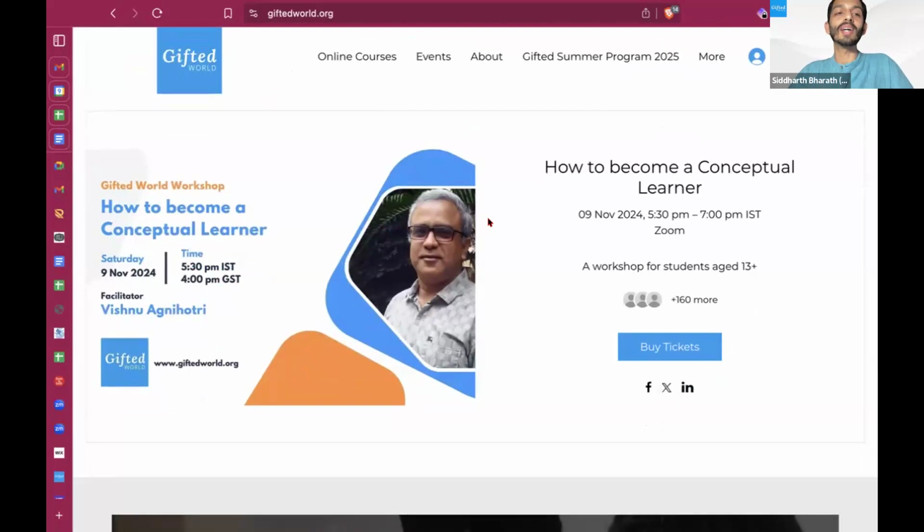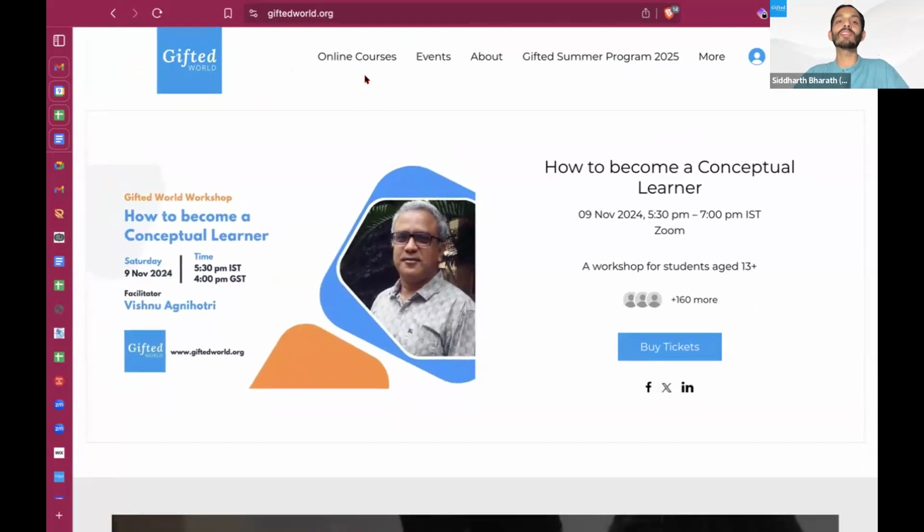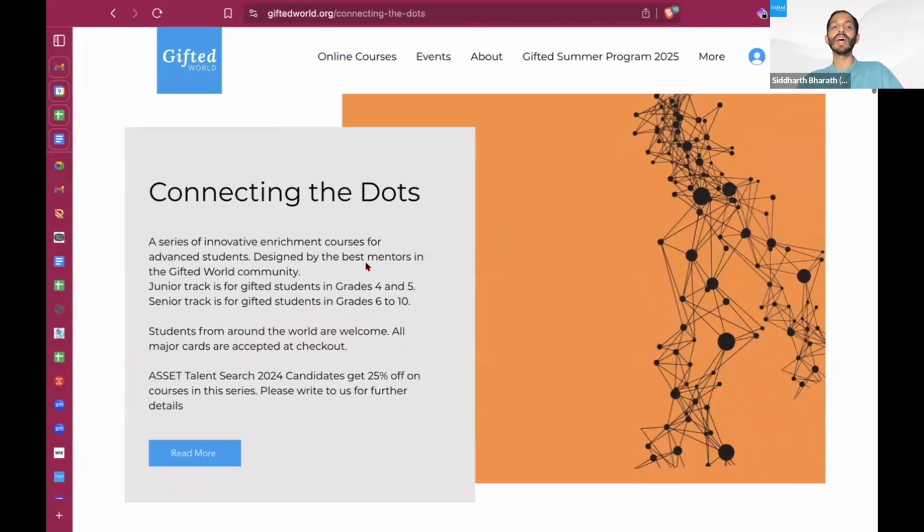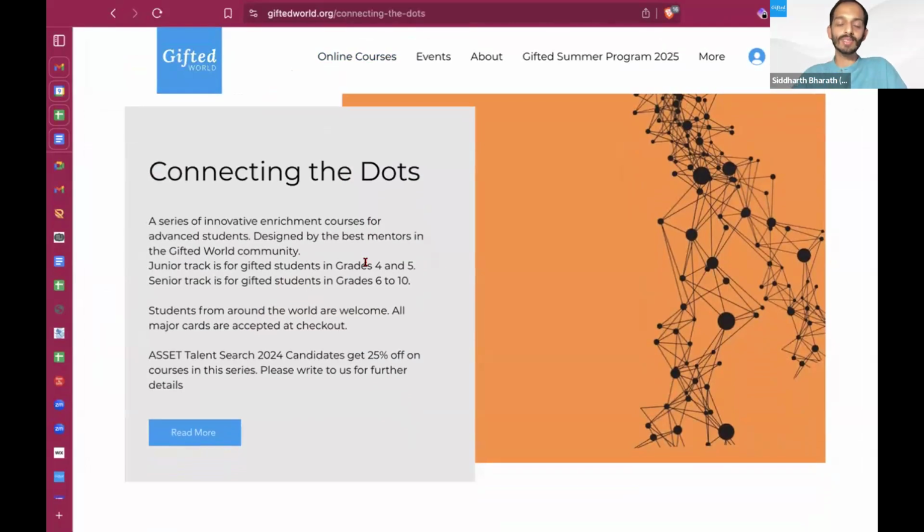Today's session by Vishnu Agnihotri is on how to become a conceptual learner. Like this, we have many sessions that happen every month. As you've all joined our community, joined our email list, you'll get notified of this. We also, in case you enjoyed today's session, have a series of sessions coming up in January called Connecting the Dots. They're designed by our exceptional mentor community,